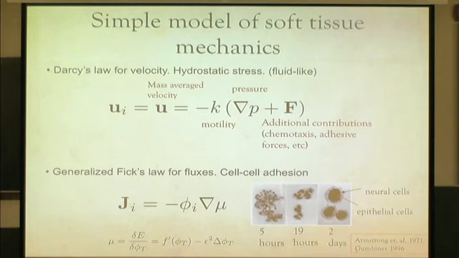If one localizes, so there's certainly evidence for this. For example, here's a mix of neural cells and epithelial cells, and you can see they phase separate. And so we can incorporate this into a classic Cahn-Hilliard type approach, where we can think of the tumor cells as trying to separate from or at least be distinct from the host. And that's not always the case. And one can vary that by the choice of what this potential is. So if one has a double well potential here, you can enforce separation, but you can also take a single well, and that will allow mixing. And that's just a reflection of the interaction between the cells.